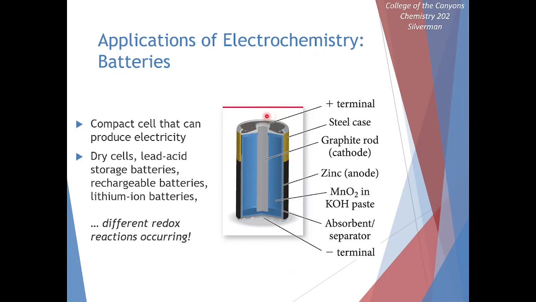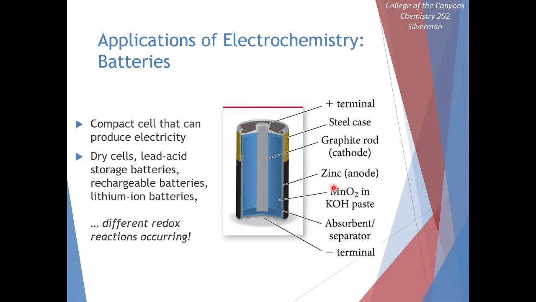We have a positive terminal and a negative terminal. Inside that battery, we have our two electrodes. They're separate from each other. Here we're using some absorbent as a separator, keeping our two half reactions apart from each other. And we can look at our individual half reactions. Here we have a zinc anode,